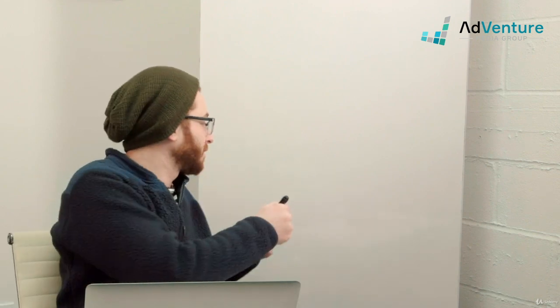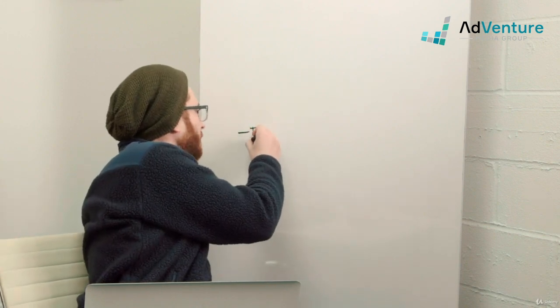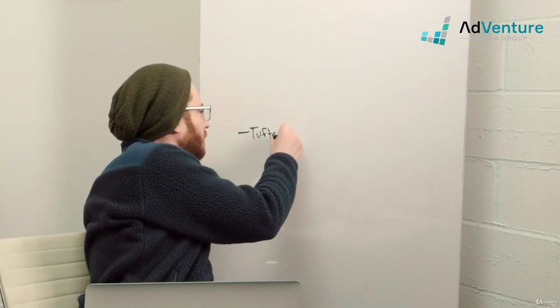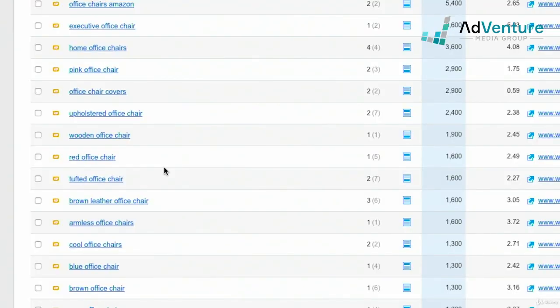Does Poppin sell tufted office chairs? Well, if they don't sell tufted office chairs, then we just came up with another great idea for another negative keyword. We now have another idea for a great negative keyword that we didn't even get by originally using SEMrush, using the keyword overview tool. We had to use the competitive analysis to find tufted as a negative keyword,